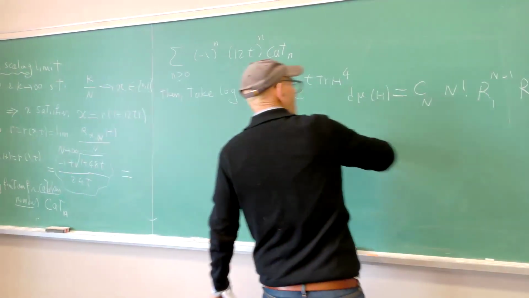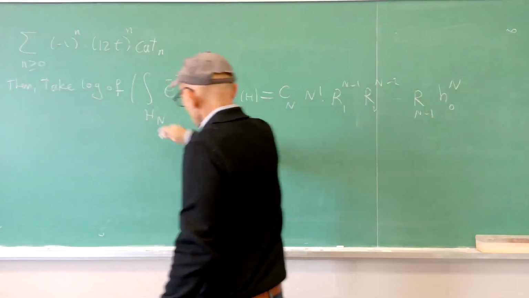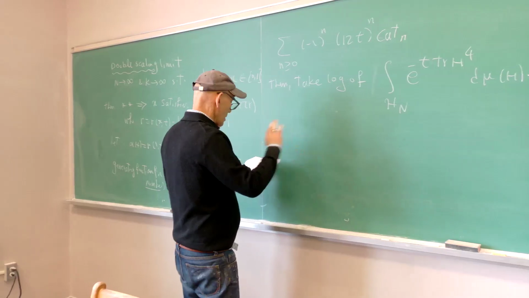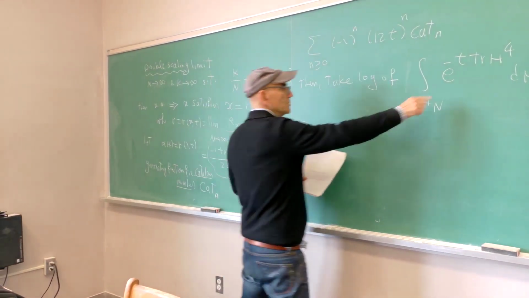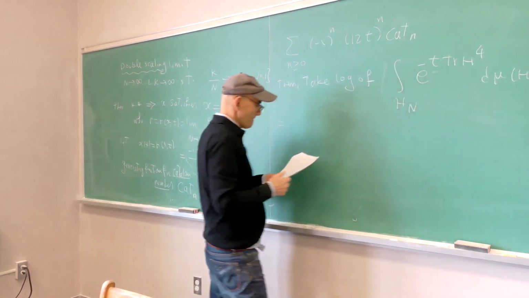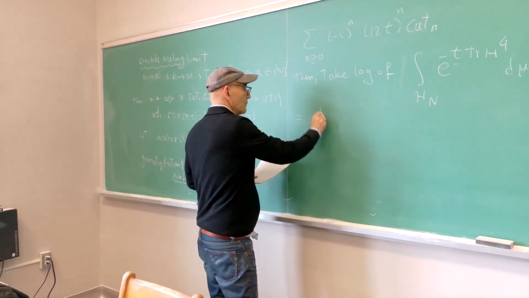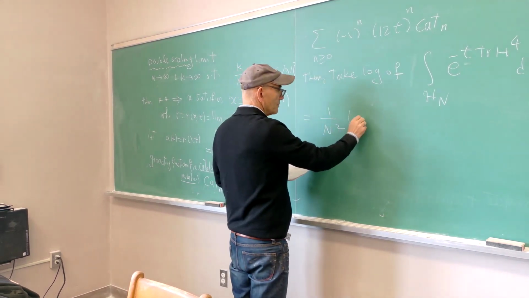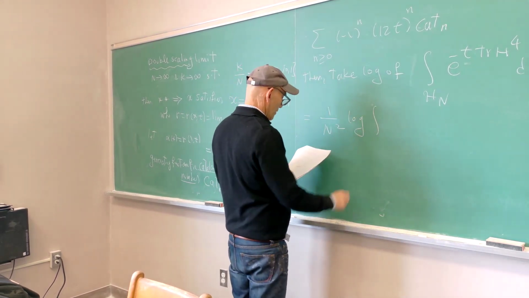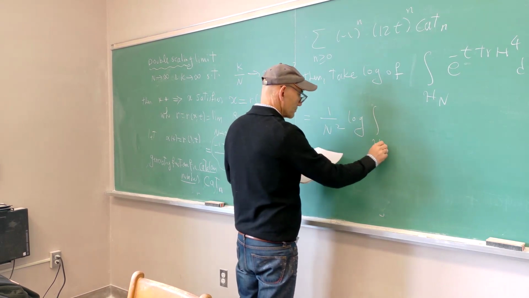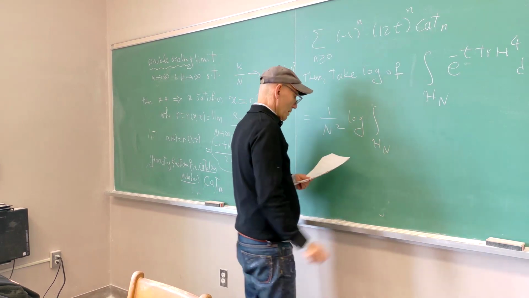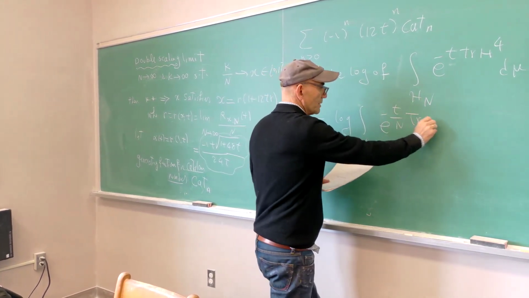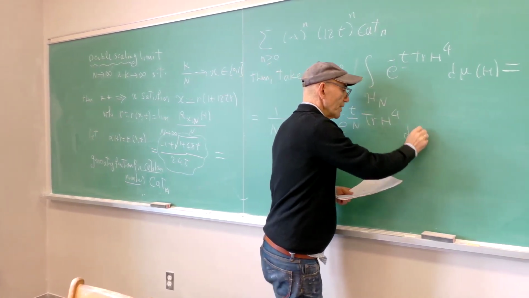So if we just take log of this and do the new normalization t over N, we get 1 over N squared, log of the integral over Hn of exponential of minus t over N trace of H4 d mu of H,